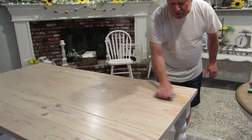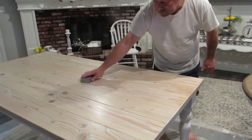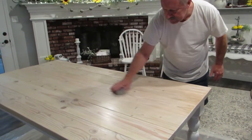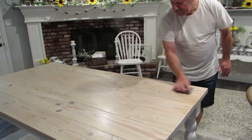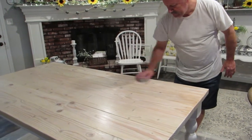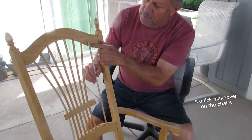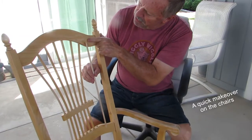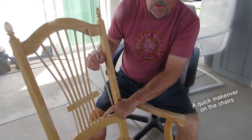So that's what we're doing here. Our finish is a satin finish of the polyacrylic, and the reason we're putting so many applications on is because it's pine, and it's really a soft wood, and we will eat on it, so I want it really protected. Okay, this hole up in here